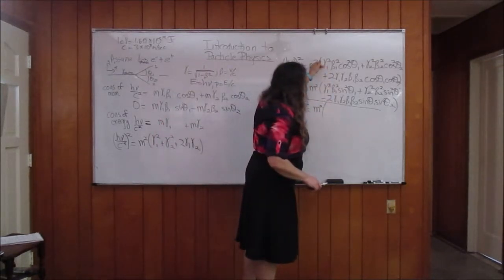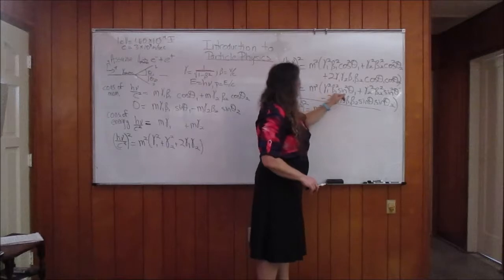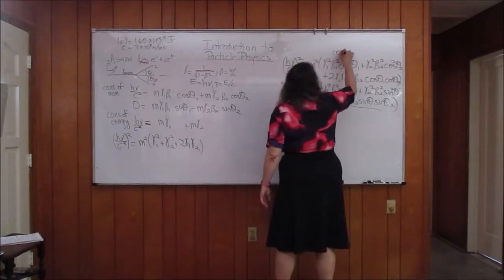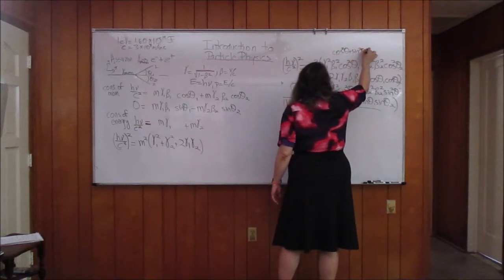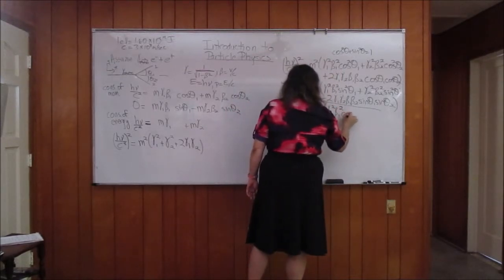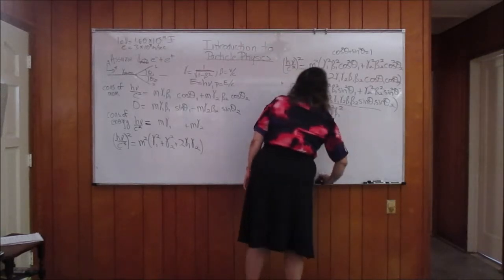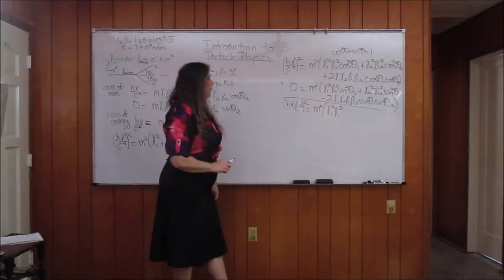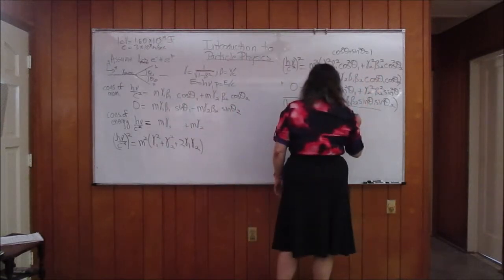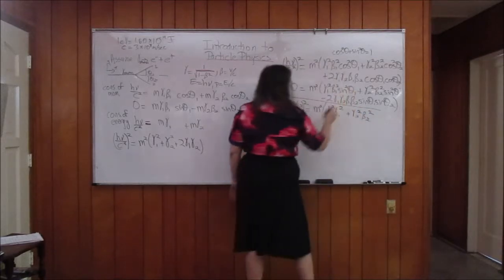But if I add up gamma 1 squared, beta 1 squared, cosine squared beta 1, plus gamma 1 squared, beta 1 squared, sine squared beta 1, using the trigonometric identity that cosine squared theta plus sine squared theta is equal to 1, I can simplify this to gamma 1 squared, beta 1 squared, and eliminate cosines and thetas in that case. And I can do the same thing for the second terms in each of these. So that's going to give me plus gamma 2 squared, beta 2 squared, and then last but not least,